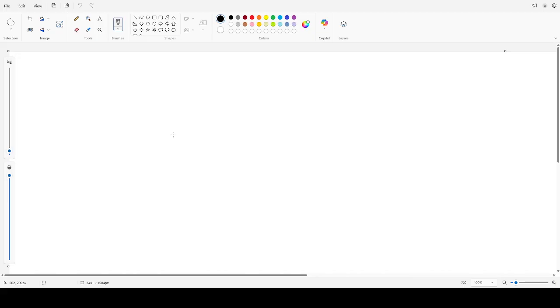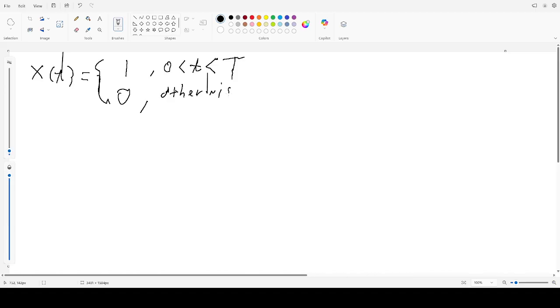So example 2.7 says we've got the following signal. We've got an x of t defined as 1 when t is between 0 and some big T, 0 otherwise. Which is a kind of step function. It's not the 0 to infinity type step function. I'll draw a picture of that in a moment, but let's write h of t